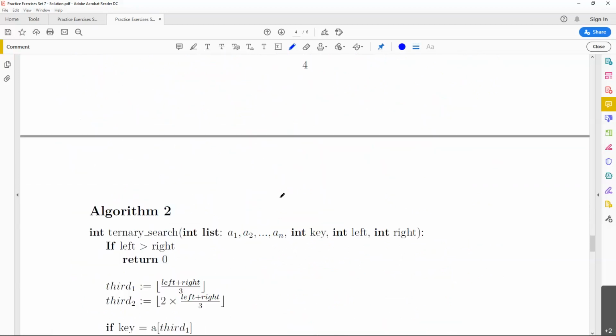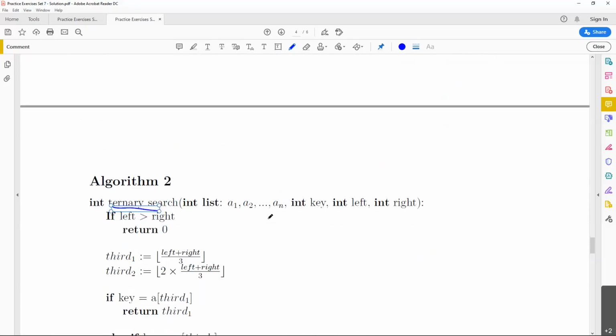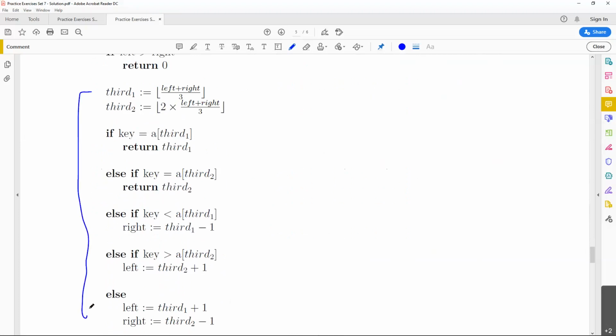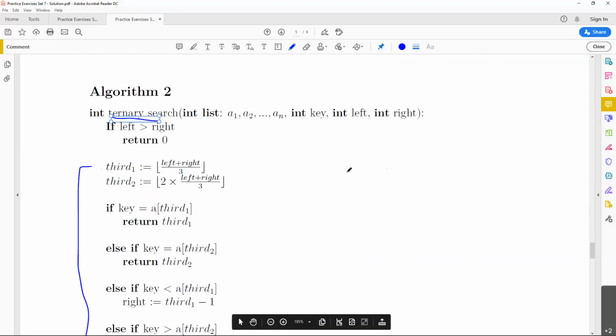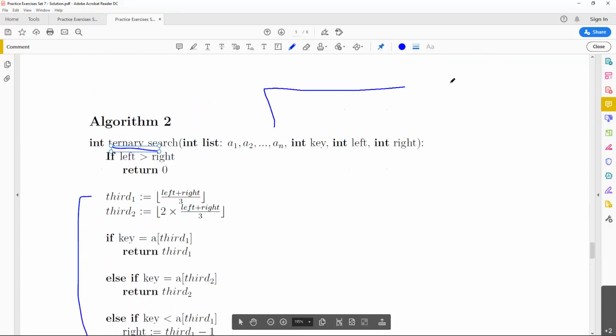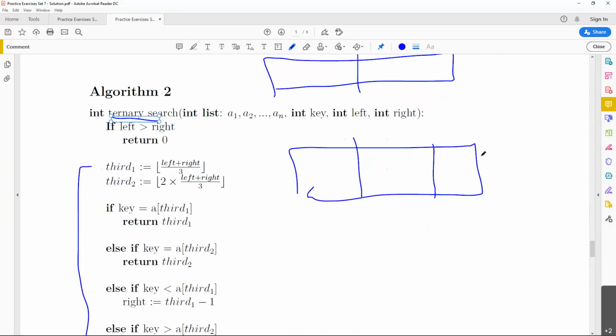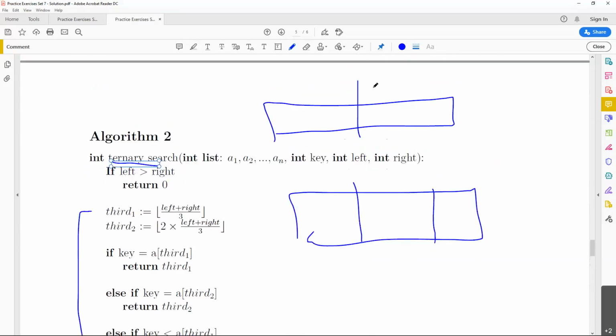Second algorithm, ternary search. So without diving into too much detail, it's sort of similar to binary search, but where in binary search we look at the middle of the list, like you break it down into 2 halves. Here we're breaking it down into 3 parts. And then depending on our if statements, we see which part we want to continue with. So with the binary search,